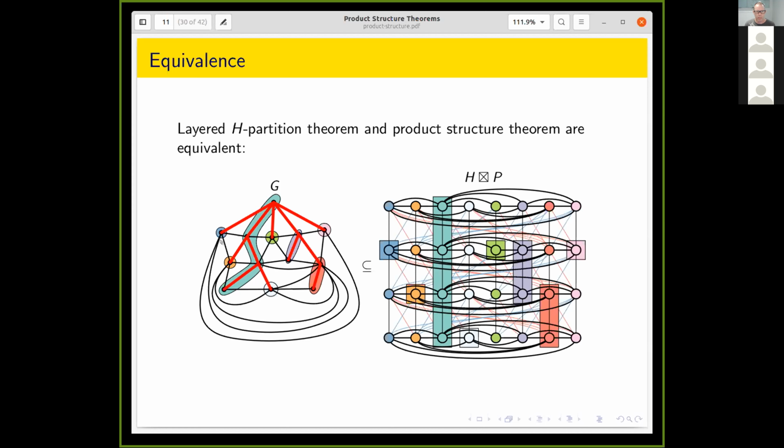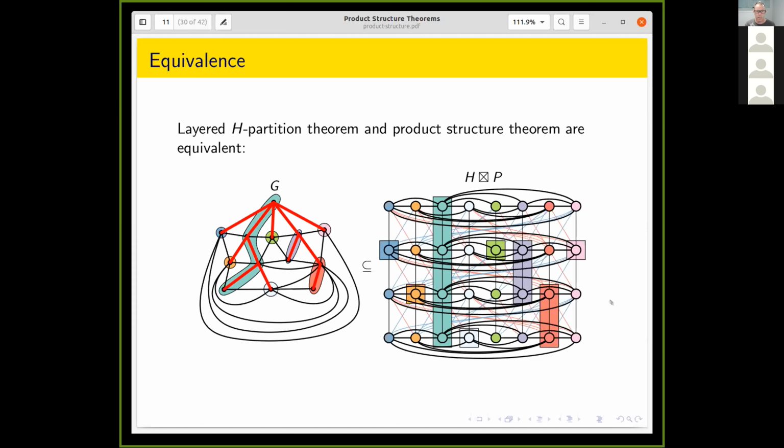This blue piece of the partition only has one thing in it. It's a node of depth 1. So it maps onto the corresponding node of depth 1 in the product. Same thing with the orange one, same thing with the green one. This purple path with 2 vertices at depth 1 and 2 maps onto these corresponding vertices at depth 1 and 2. The orange one goes here, and the pink one goes here.